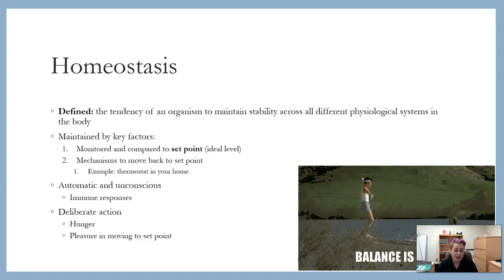Think of a set point. When we talk about our body as a set point, this set point theory is, last time I checked, kind of debatable with our bodies, like with weight. People think there's a set point with weight, but I don't think that's supported. Anyway, think of an air conditioning or a heating unit in your house, and you have it perpetually set to 72 degrees. You want it 72 degrees in your house at all times.